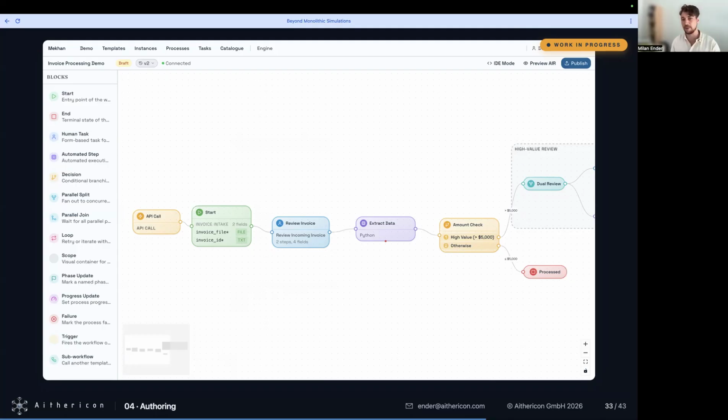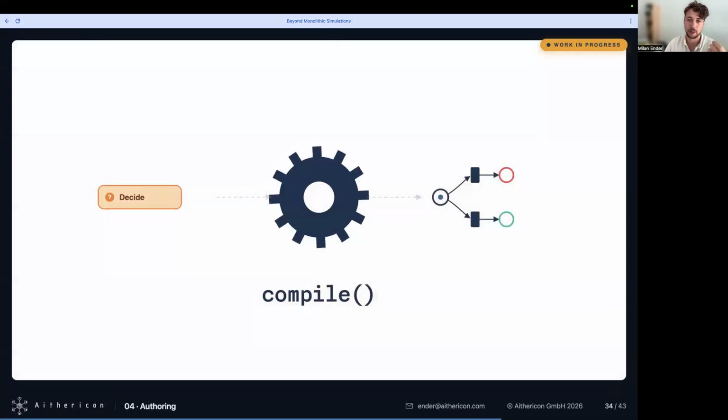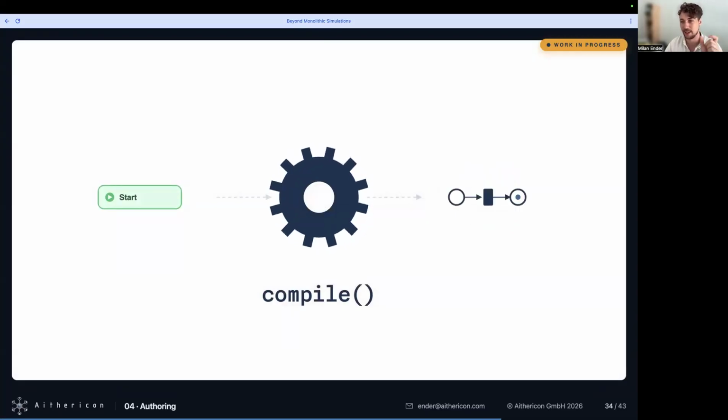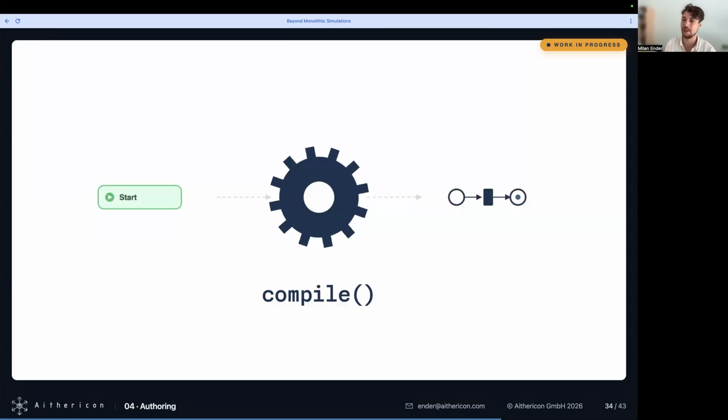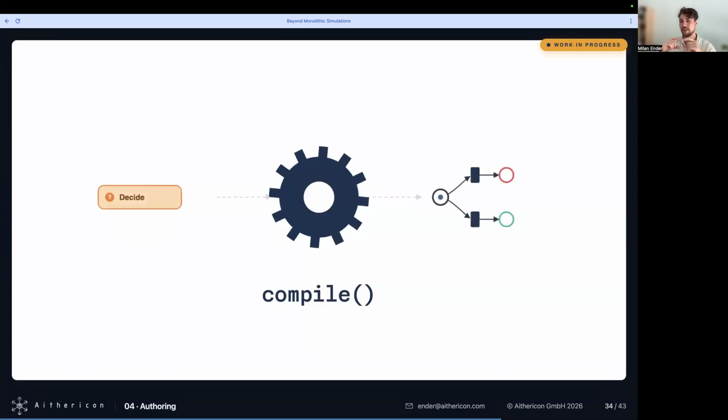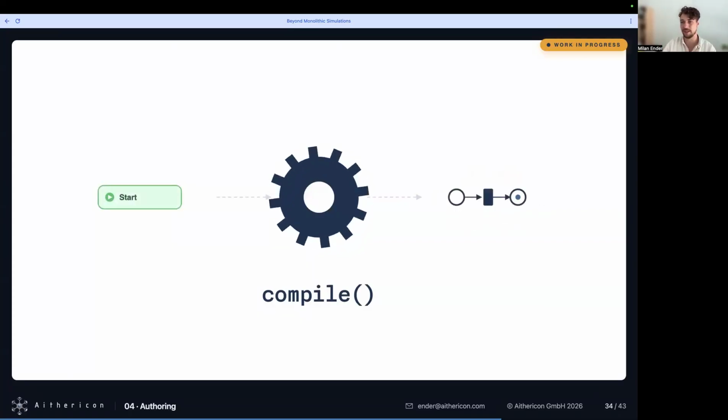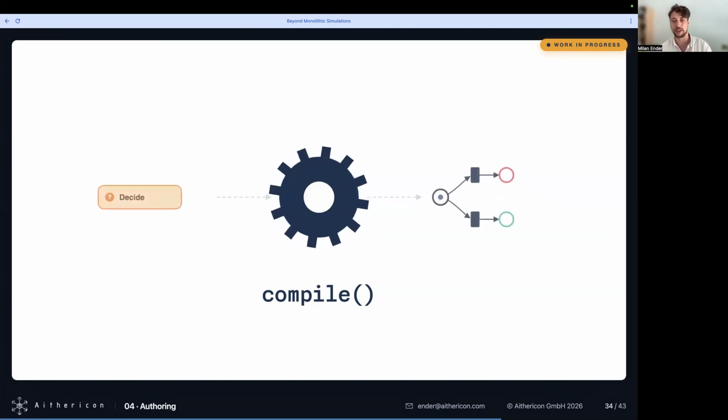And here, for example, is an example workflow just for some data extraction of an invoice. And we have these nice nodes, and this alone isn't a Petri net. That's a nice workflow representation. So how do we come from here, from this user-friendly editor, to this very resilient system that has all these nice properties? Our approach is that we have a compiler that takes these steps and then creates, based on some given formula, subgraphs that are verified and work and represent the thing the user wants to express.